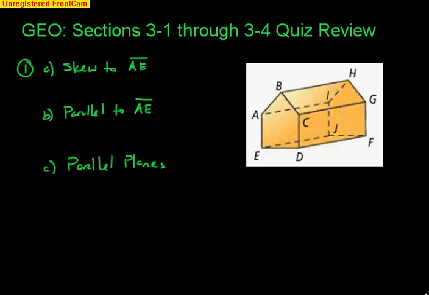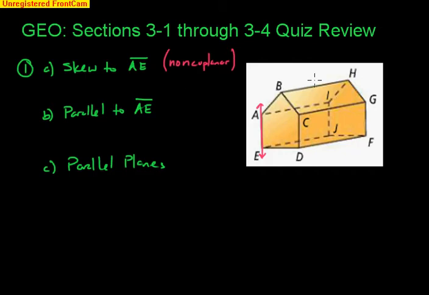All right. Well, remember the difference between skew and parallel is this idea of being non-coplanar. Okay? So the idea is non-coplanar with AE. But they still can't touch either, okay? So if I look at this picture, there are several to choose from, because AE goes vertically up and down. So pretty much any segment that's not going to intersect AE and doesn't go vertical is